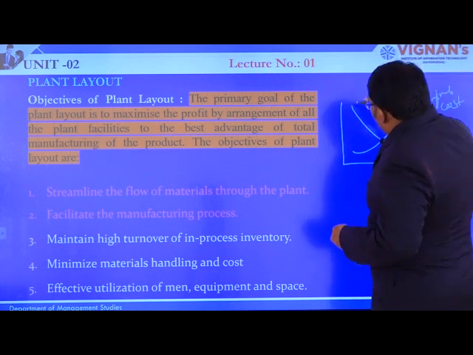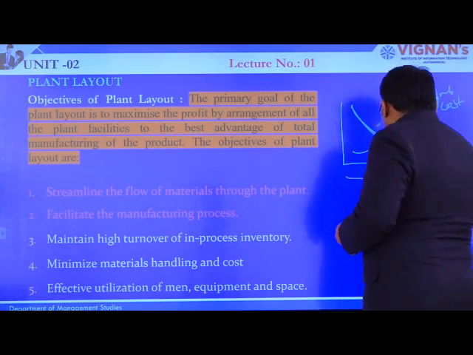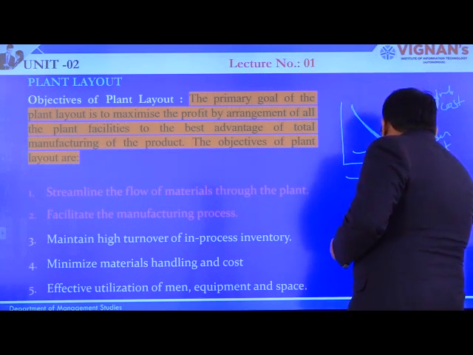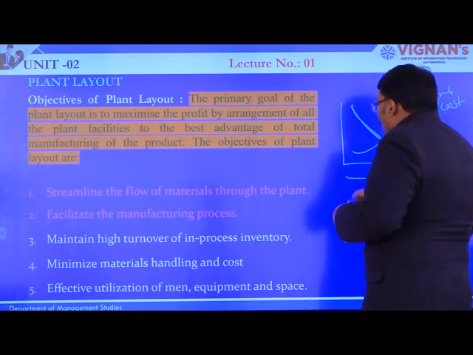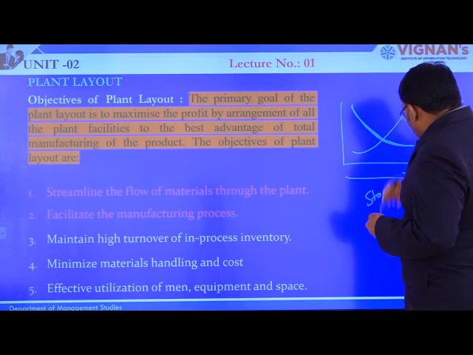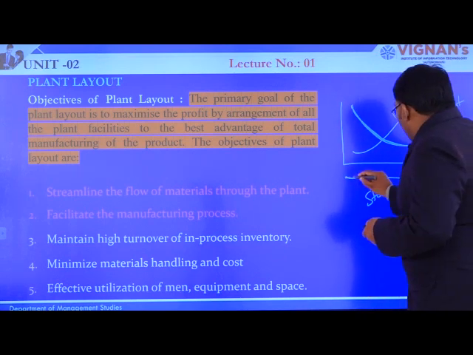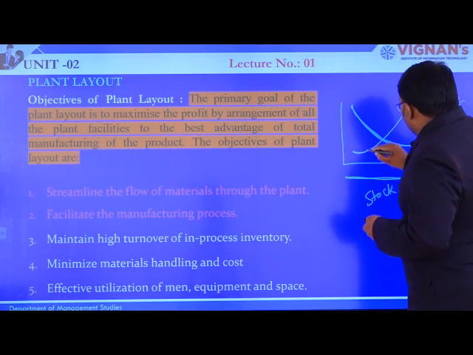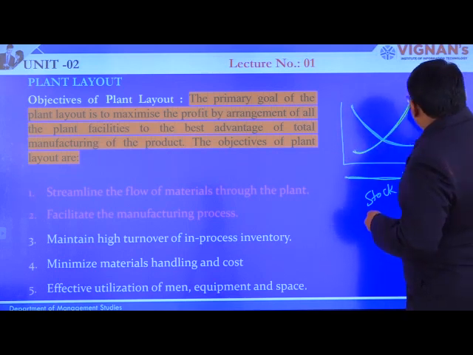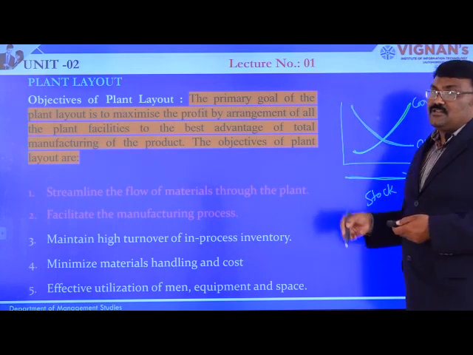That means when we are ordering more and more, we are increasing the stock. Stock is being increased. So, when you are purchasing more in bulk, definitely the order cost will come down. But when the stock is becoming more and more, the maintenance cost, that is the carrying cost, will become high as such. So, both are inversely proportional.